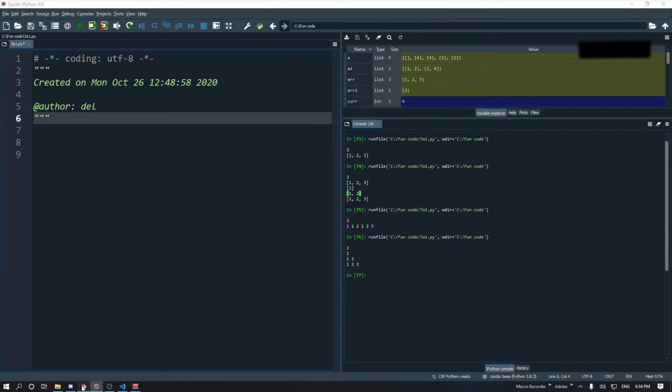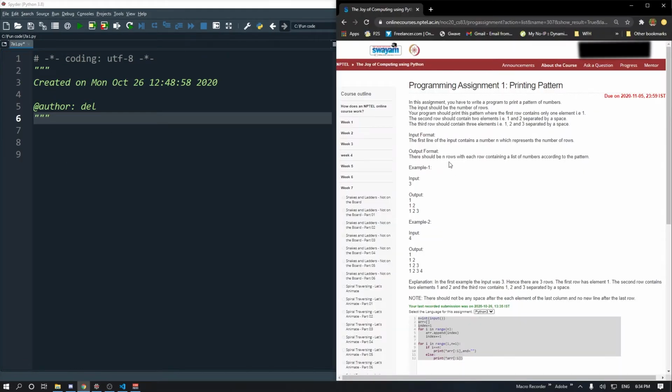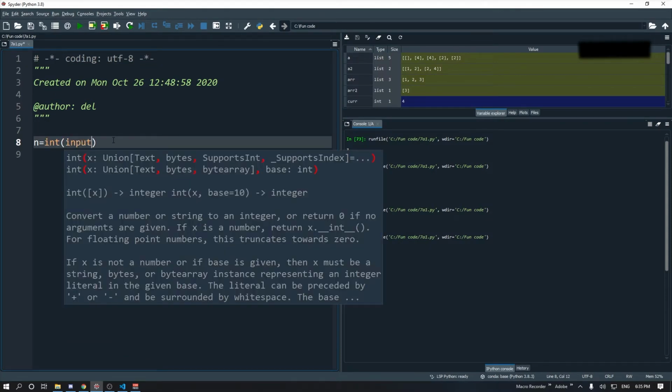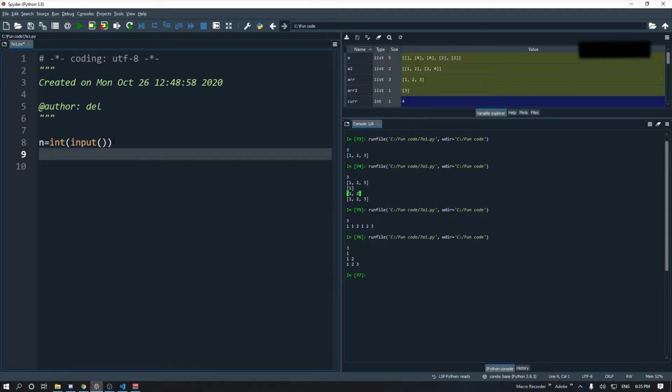So the problem statement is: we take an input number and the output has to give that many rows, along with values of 1 to the number. So in this fashion: 1, 1 2, 1 2 3. So the way we do this is first we take the input, we will need an array to store the numbers,